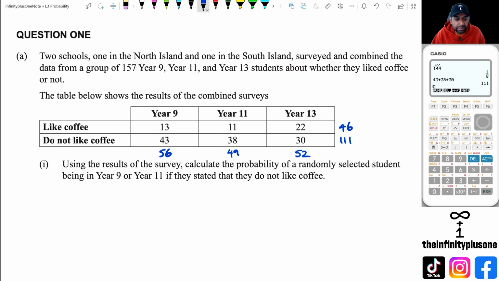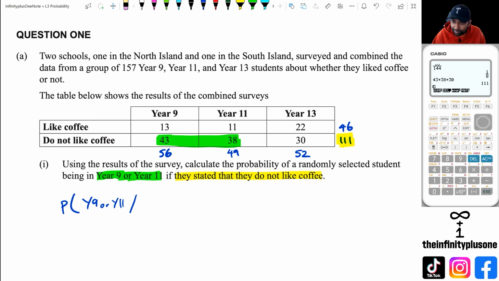So once I do that, then I actually start doing the questions. From the survey, calculate the probability of a randomly selected student being in year 9 or 11 if they stated they do not like coffee. Because it says if they do not like coffee, that's actually 111, the total of people that do not like coffee. And then from there, they've got to be in year 9 or year 11. So we're going to have to add up those two values. So we're going to have the probability of year 9 or year 11